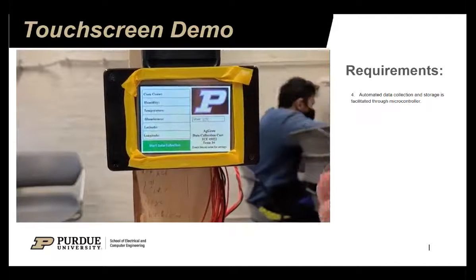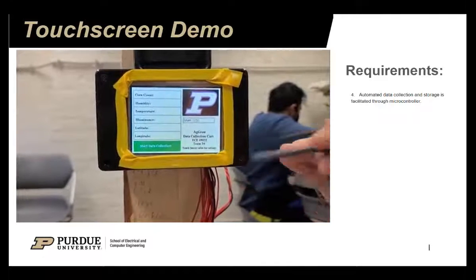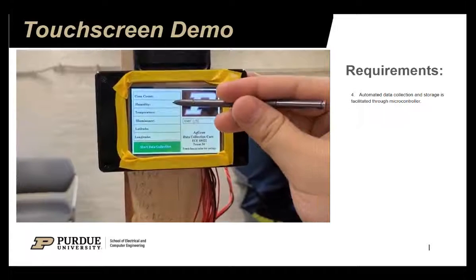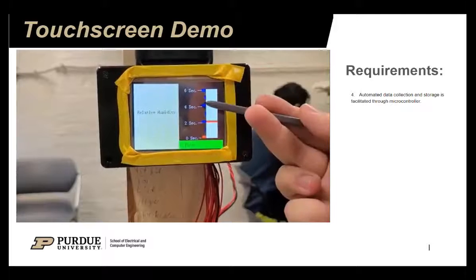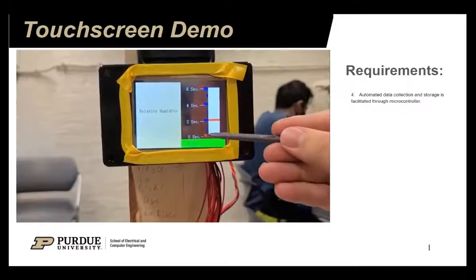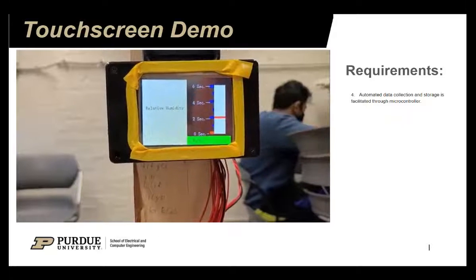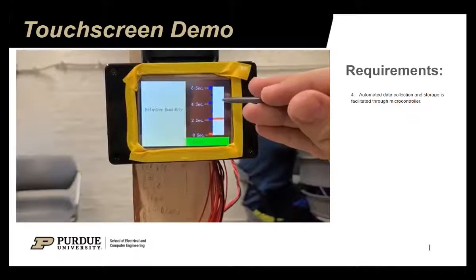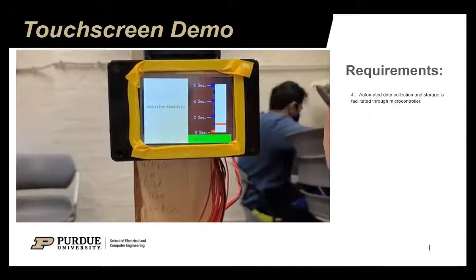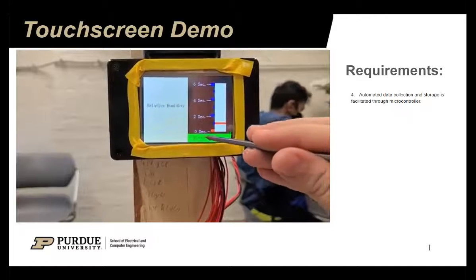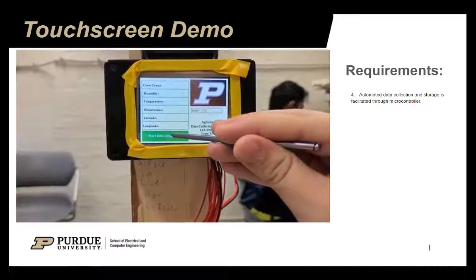On our main screen, the way that we're allowed to change the sensor interfacing is prompted down here, which says touch sensor values for settings. So let's say we wanted to change the way that the humidity sensor is pulled. When it comes to relative humidity, we can change it between 0, 1, 2, 3, 4, 5, or 6 seconds. Say we wanted to pull every 4 seconds, or every 1 second. For the sake of this demonstration, we're going to change it to 1. And then once we hit start data,